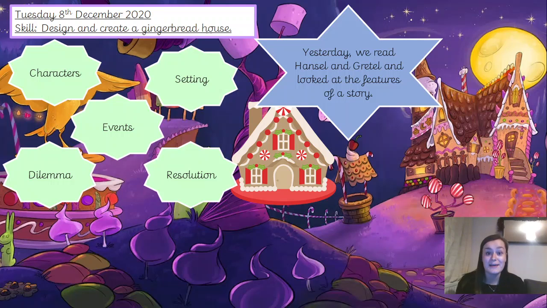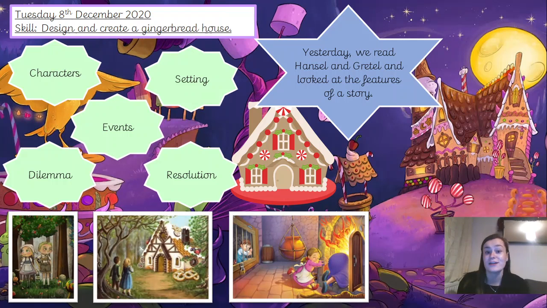So the dilemma, the problem, was that the wicked witch wanted to eat Hansel. Because they got lost in the woods. They'd been left in the woods. The stepmother had plotted to leave them in the woods and pretend to go and cut some wood with her woodcutter husband, the father. And they'd left them there, and Hansel and Gretel stumbled upon the beautiful gingerbread house,